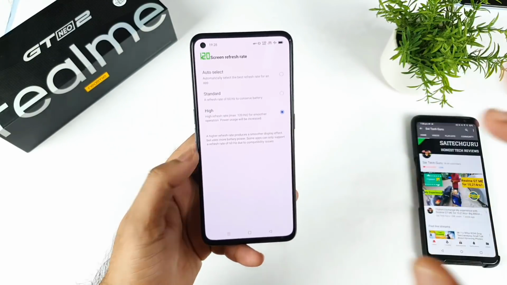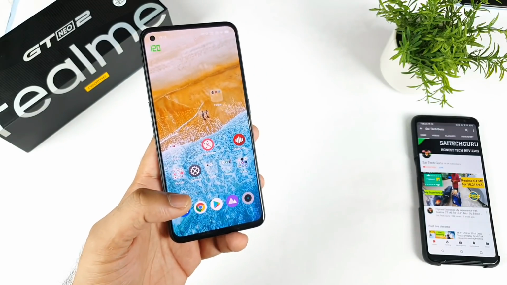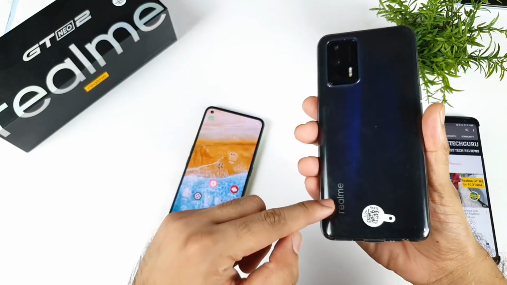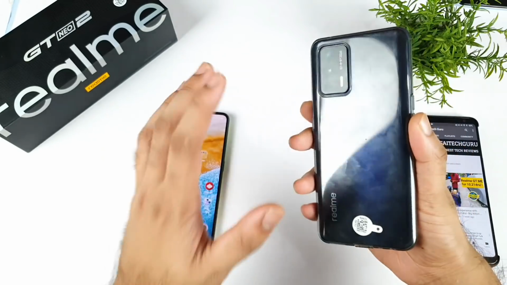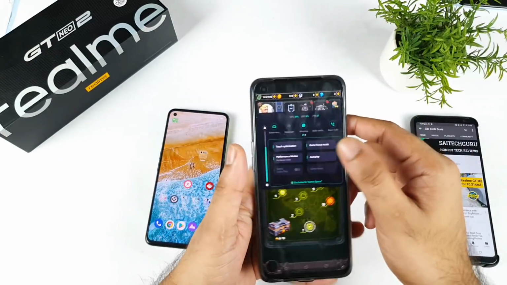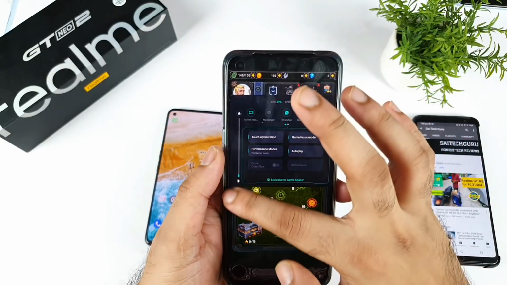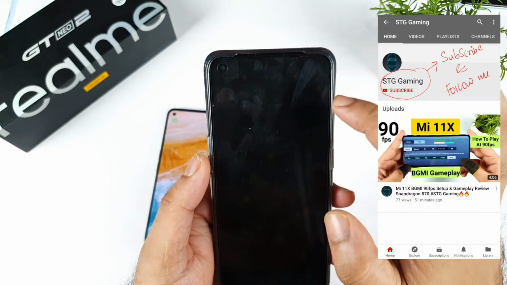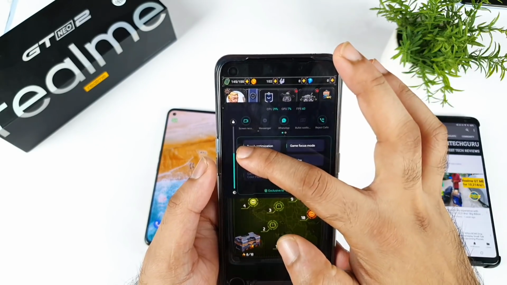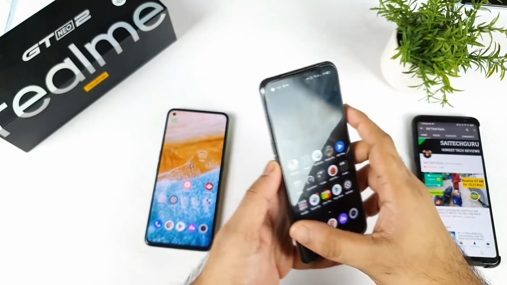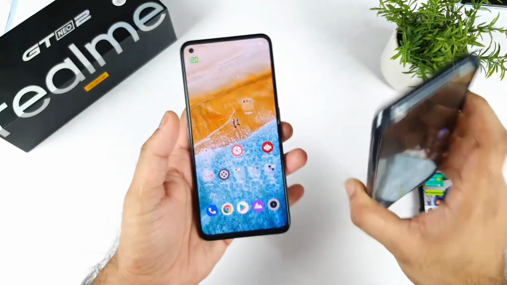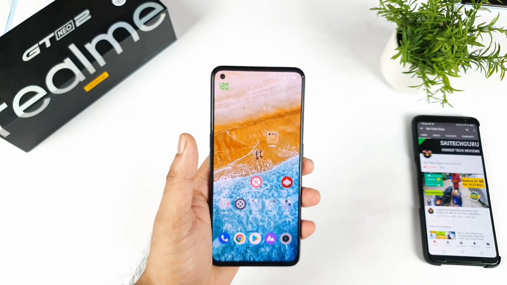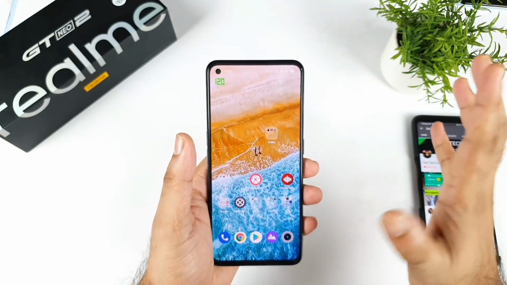It's high refresh rate. Not only in this phone, even with other phones, let me show you. Even in the Realme GT, which is a premium smartphone at around 35,000 rupees, you cannot play at the high refresh rate, but you need to use the brightness trick to play at high refresh rate. Let me show you what is happening by using the brightness trick. It's very hard to show you. This kind of inconsistency has been there from the beginning. I'm not sure when they'll be able to fix it. Maybe in the next Realme UI 3.0, hopefully they will fix it. This is one thing which is not that great at this moment.